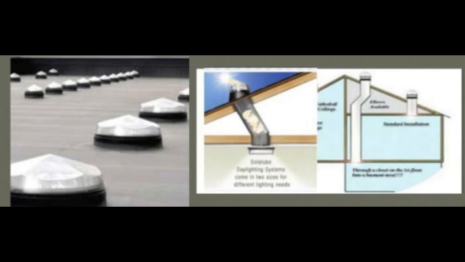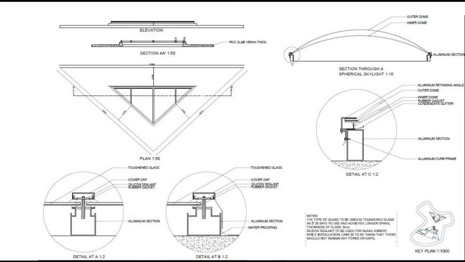Then if we talk about construction of these skylights, while doing the design, as I mentioned about the design criteria, one must know the size of the opening. Then the location of the skylight is very important, and the angle of inclination. All these factors must be considered while designing a skylight, and majorly the water infiltration: whatever water is going to fall on that roof should not come back into the room from the skylight. These are all the important considerations to be kept in mind while designing the skylights.